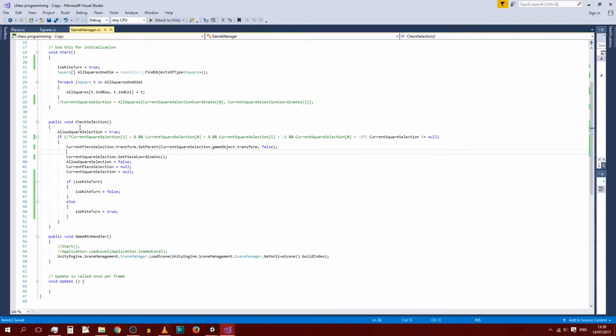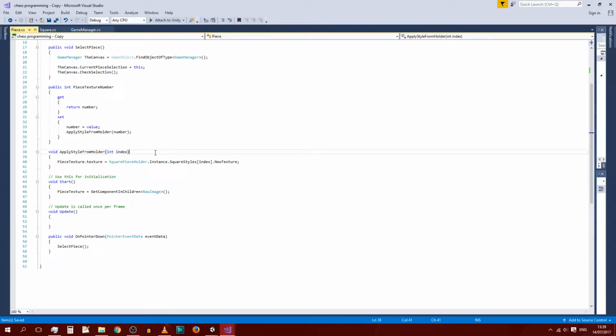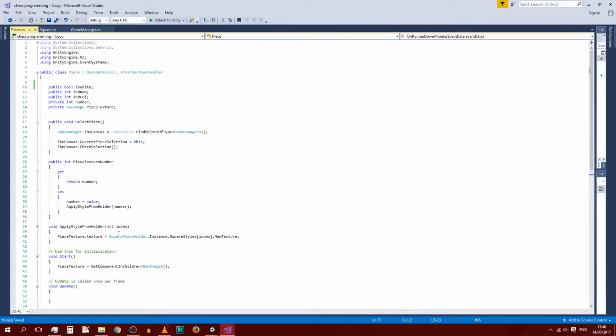So moving on, the next thing we want to change is to only allow the players whose turn it is to move. So how we do that, now we want to check whether is white turn is the selected piece. So in our piece then, what we want to do is go where our select piece function or method is, which is over here, and we only want to do this if